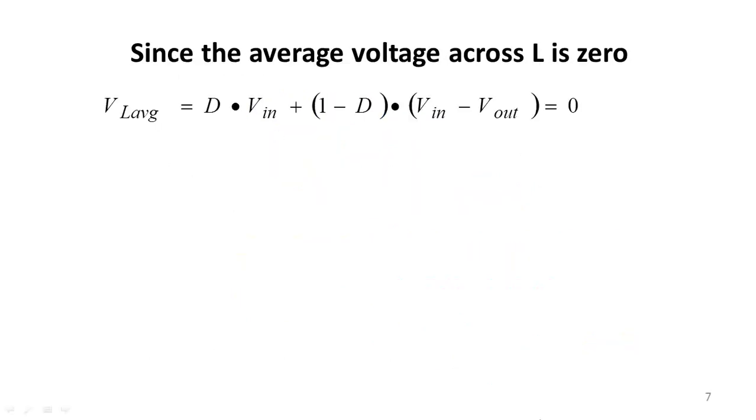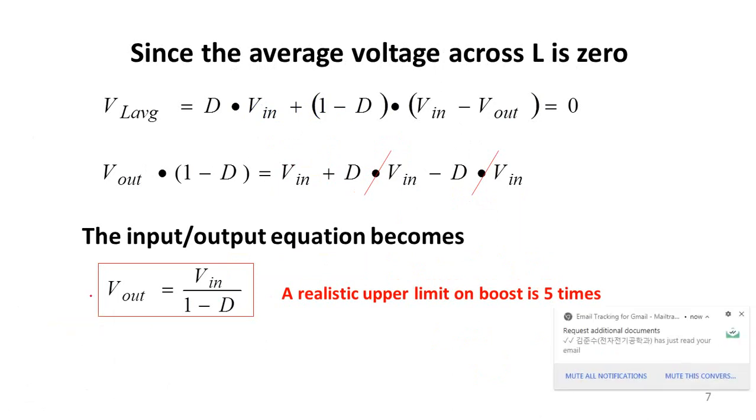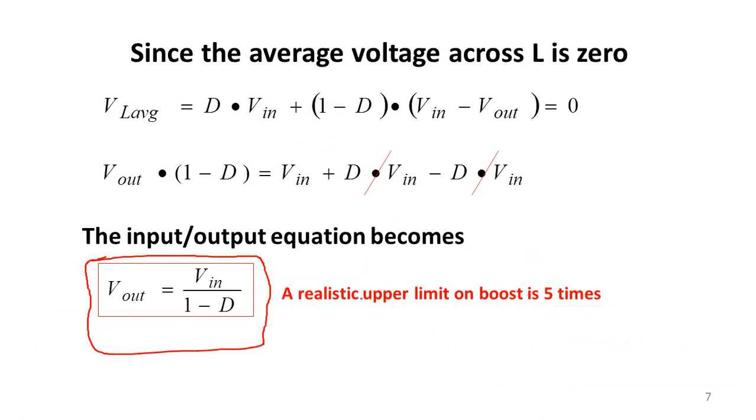So this is the volt second balance principle equation as we have got. When you substitute it and solve this equation, you will arrive at an equation for output voltage: V out is equal to V in divided by 1 minus D. So when you see this, you can boost. How come you say it can boost up to 5 times? I have already told you in the previous lecture.